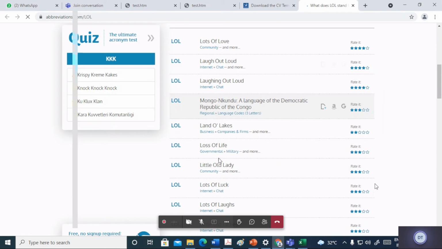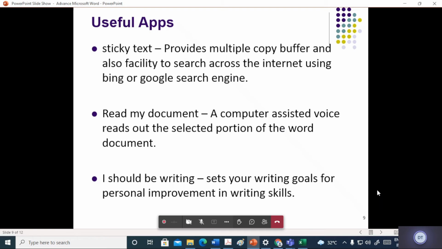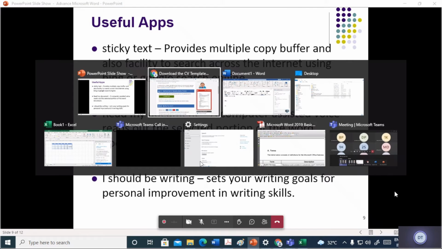Sticky text. This is also a very important application. Sticky text provides multiple copy buffers and also a facility to search across the internet using the Bing or Google search engine. So let us see this.